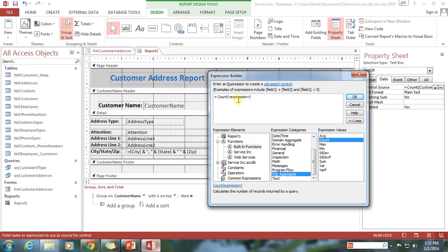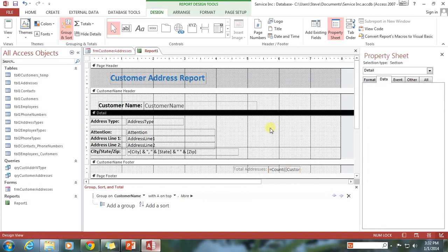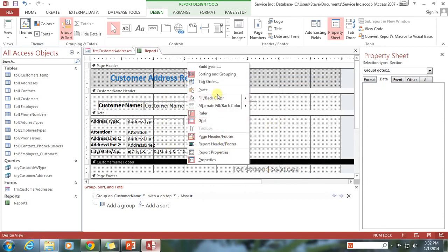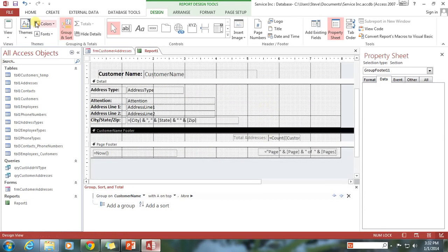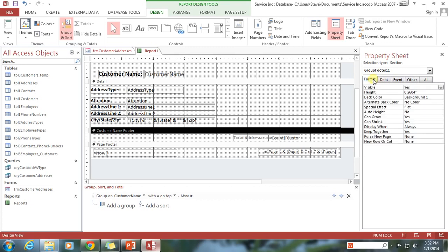All right, so let's go back in, account, put in customer name, click OK. I'm going to also drop the alternate background here. I'm going to save it. And I'm going to do one more thing. On the customer footer, I'm going to go under, where is it? Here we go. Under the Format tab, what I can say is I want to force a new page